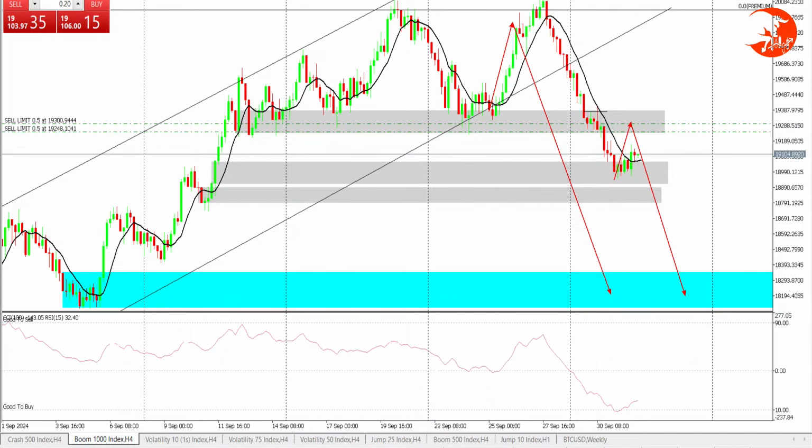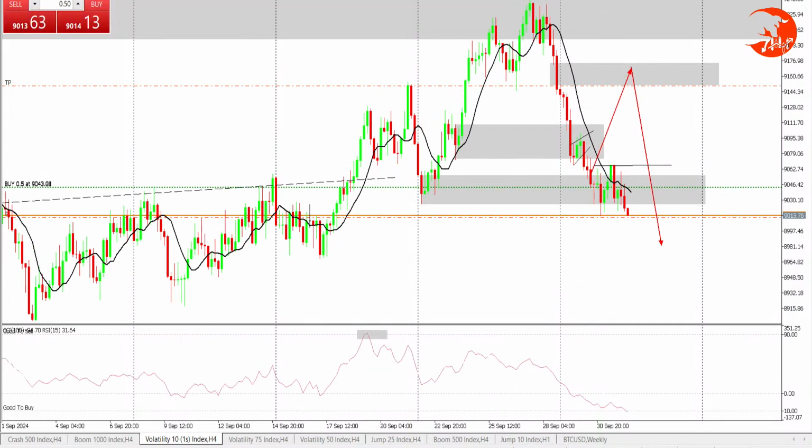I'm going to wait for the retest to reach there, and then I will make my sales down below. I will wait for it, but like I said, you can see the buys are happening there. It's getting to that level. All right, so that is boom 1000, and so V10